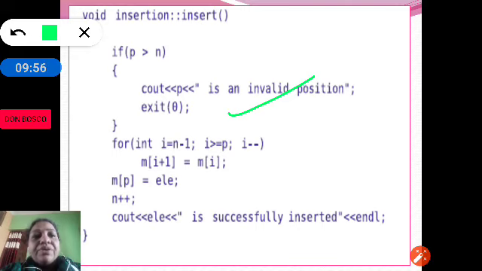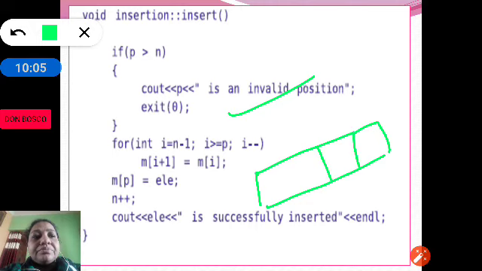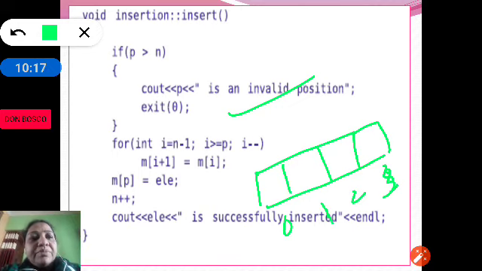Suppose this is the array, with positions 0, 1, 2 and 3, and the elements stored are 1, 1, 6.